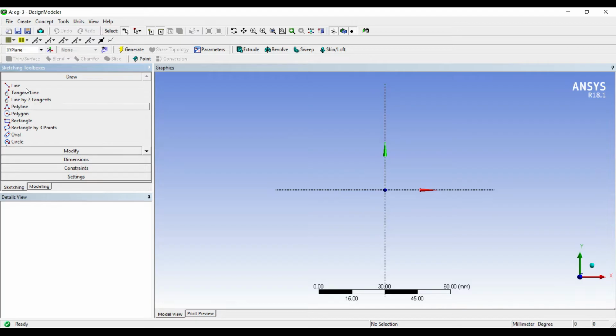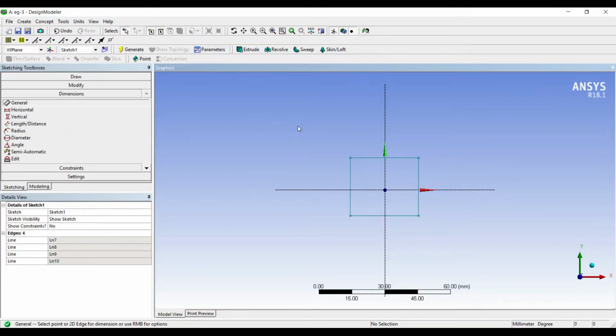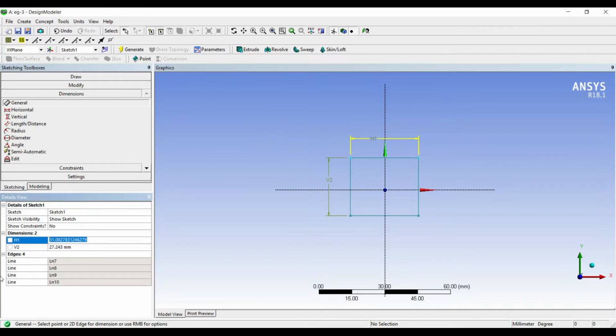I'll sketch a simple rectangle. I'll give it some dimensions. Say H1 is 40 and V1 is 30.